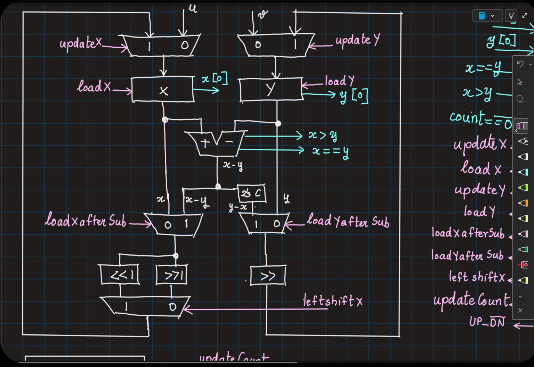Another suggestion that had come was, instead of having multiple muxes like this, why not use a single, let's say 4:1 mux to combine this and this. So you generate all possible outputs, let's say X minus Y, left shifted version and right shifted version, and then feed it to a larger n:1 mux. That is also a reasonable solution, right?